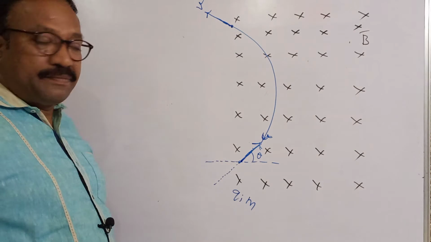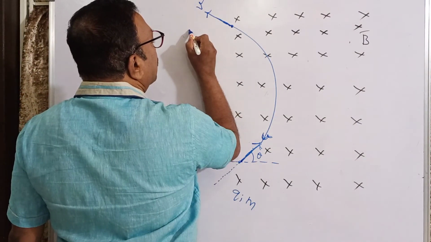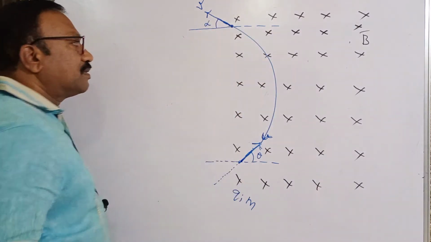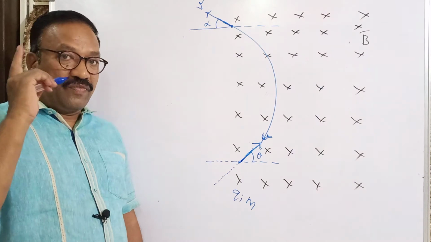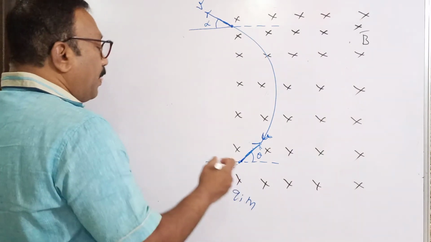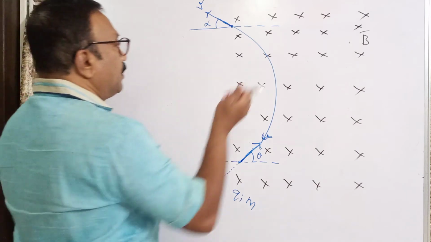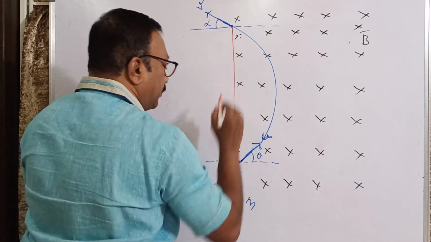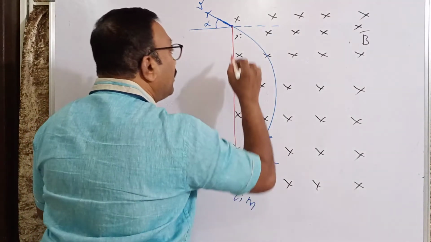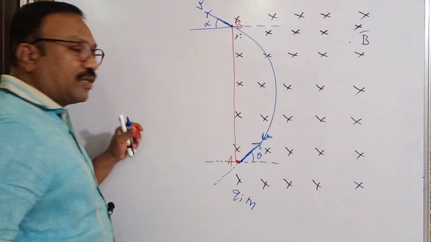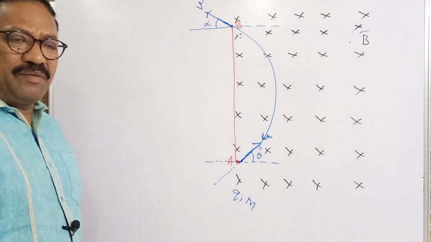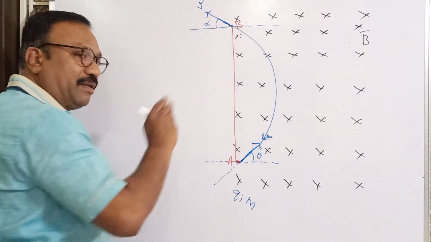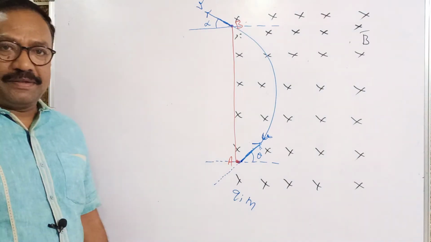What will he ask us now? He will ask the angle of emergence. That is one question. Next, he will ask the length of the chord AB. This is a chord of a circle. Again, the same questions: how much angle it is turning in the magnetic field and how much time it will spend in the magnetic field, as you answered previously.